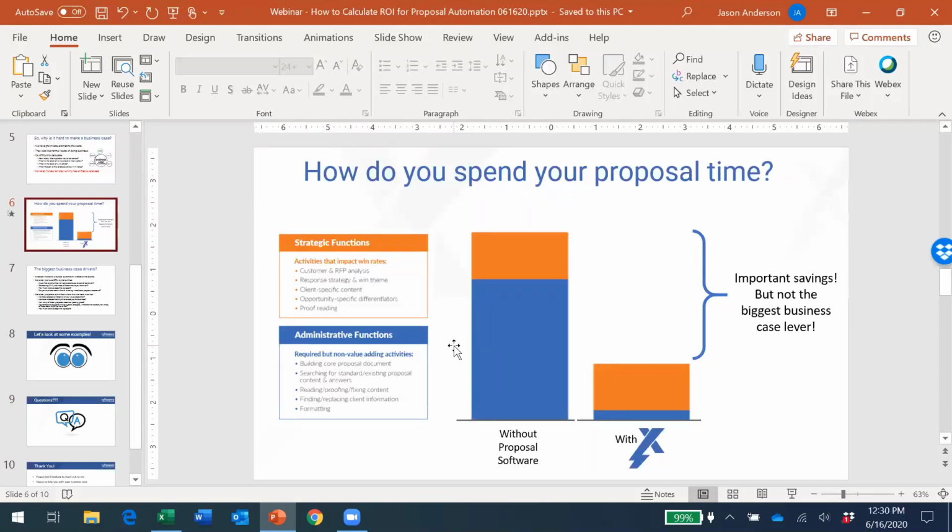instead of just having a go, no go, or a bid, no bid decision process when it comes to we received a new opportunity for bid, do we want to do it, yes or no? Do we want to invest the time, yes or no? A tool like Expedience will allow us to have a different conversation to say, okay, how much do we want to invest in this deal? Maybe all of them become let's bid on all business, but we don't treat them all the same.